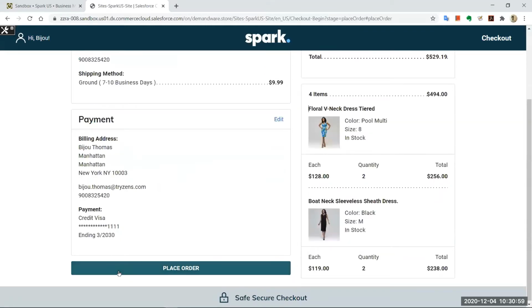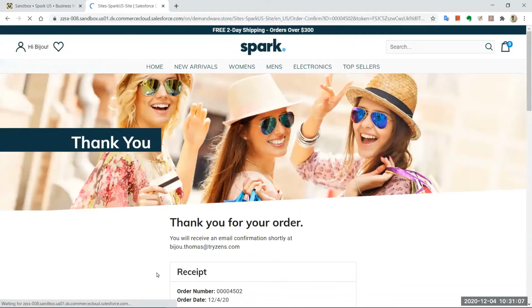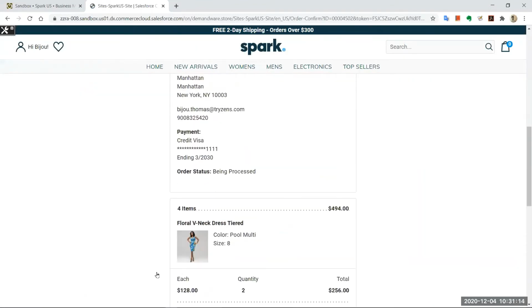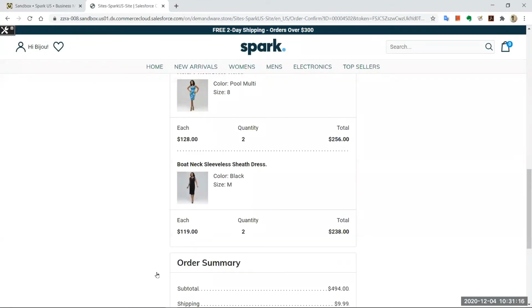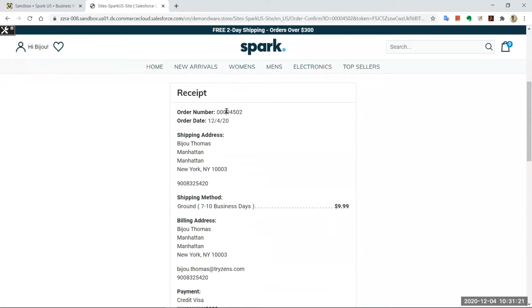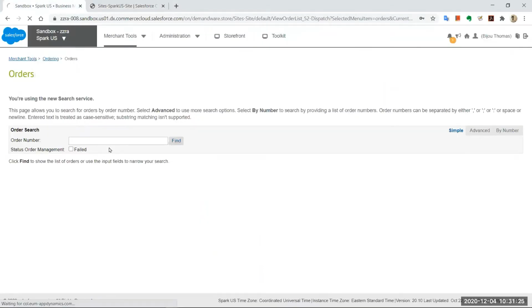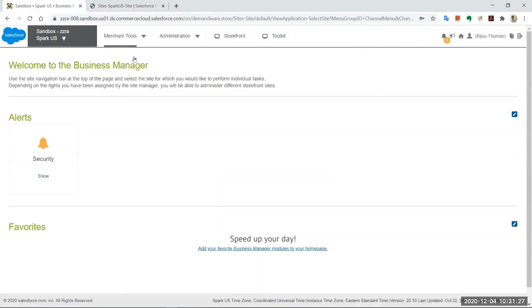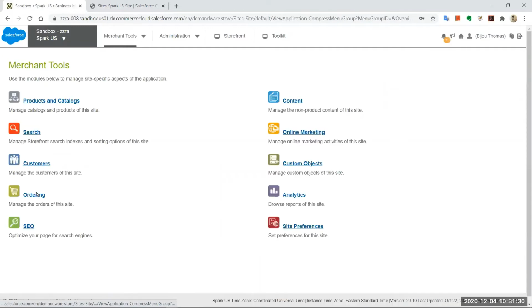If you are a registered, logged in customer, Commerce Cloud provides you the functionality to store your account details and manage them. But as I said, other than that, the only thing you can do within Commerce Cloud is capture the intent of that particular customer, right? So we'll take a look at this order in Business Manager again. I go to the Spark US store. I go to ordering,